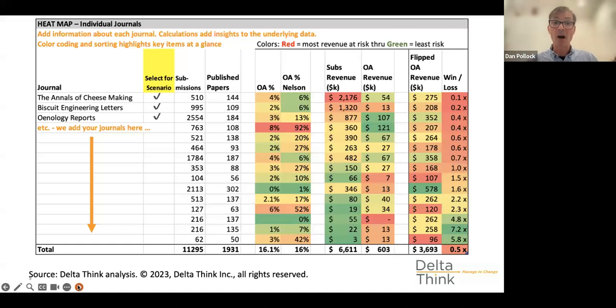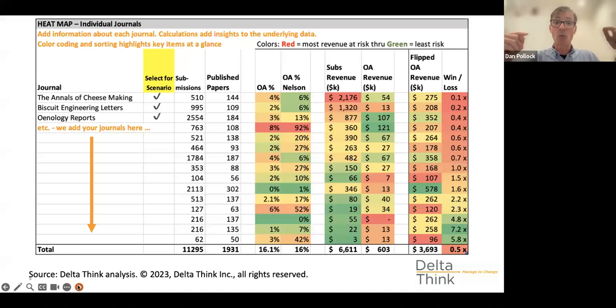So wrapping all that up, if you go across, say the first row, we're saying the Annals of Cheesemaking is clearly a really great subscription journal, gets a lot of subscriptions. But the trouble is, if you flipped it to open access, because it gets relatively little open access uptake, even under these new policies, you'll end up with 0.1 times the amount of revenue in an open access world compared with subscription world, or a 0.1x. That's what that means. So effectively, you'd only end up with 1/10 of your revenue if you were to flip that journal.